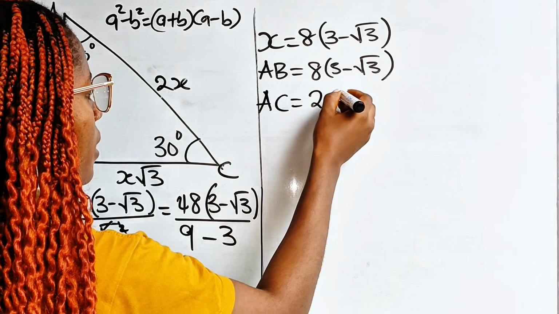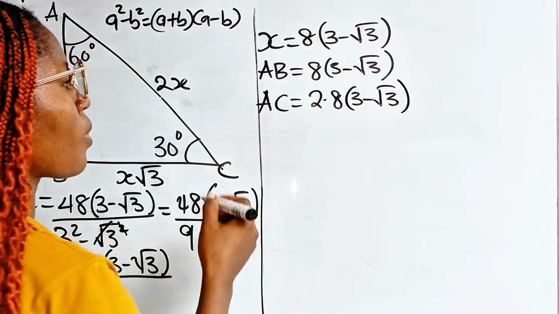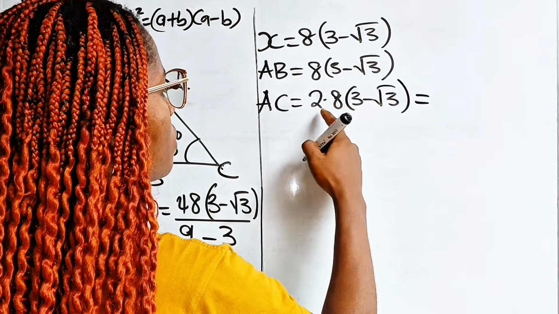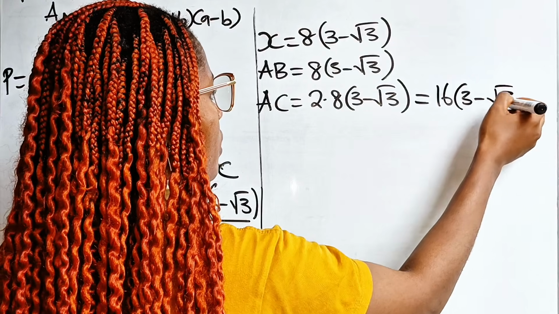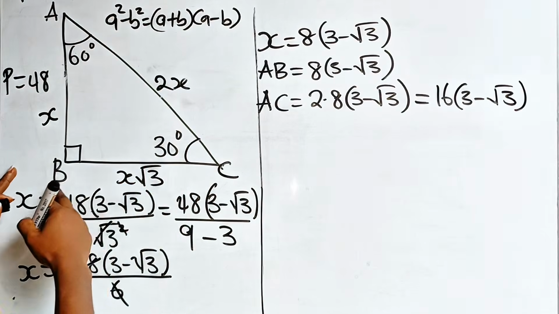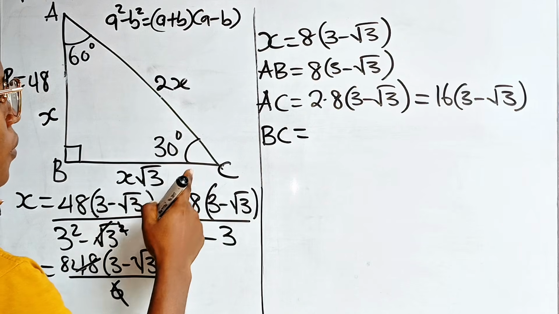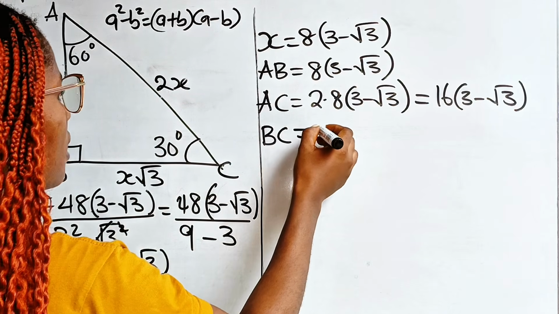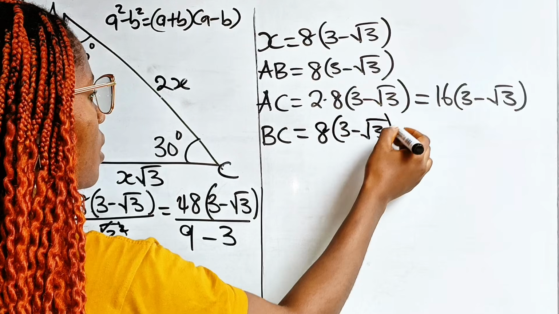AC is 2 multiplied by 8 bracket 3 minus root 3, which is equal to 16 bracket 3 minus root 3. And the other side, BC, is equal to x root 3, that is 8 bracket 3 minus root 3